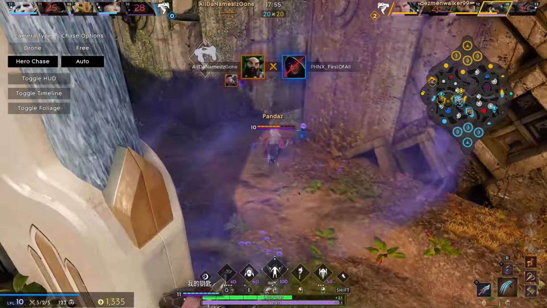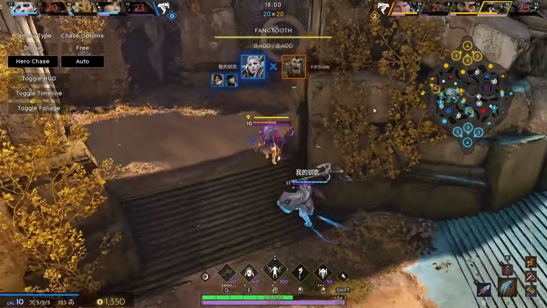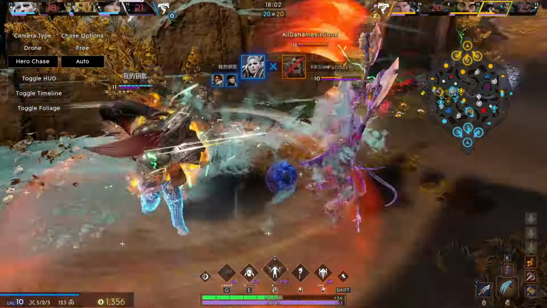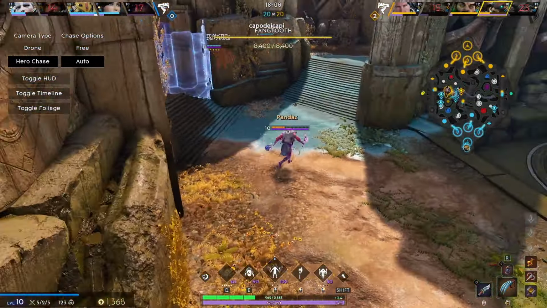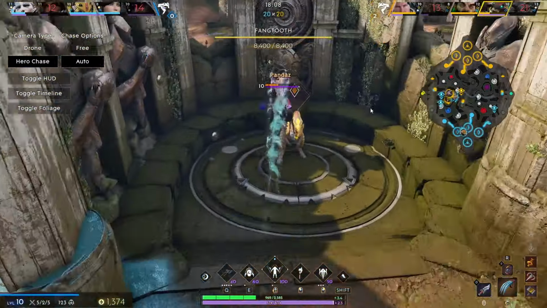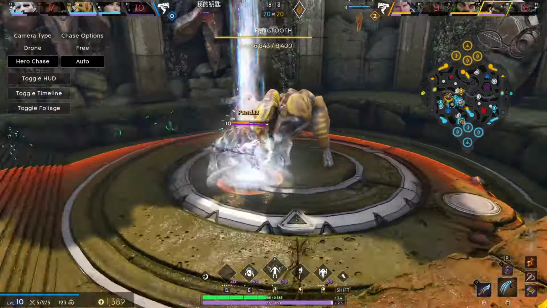We don't have the Twin Blast, we don't have the Argus, that means that we're gonna end up with Killslow also dying, and Panda is alone. Finally, we got the rotation from like the dual lane, which is very, very late. That should have been a very easy Fangtus for the team, but the dual lane was kind of sleeping on dual lane, so...